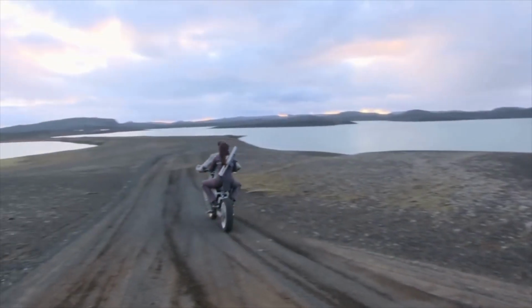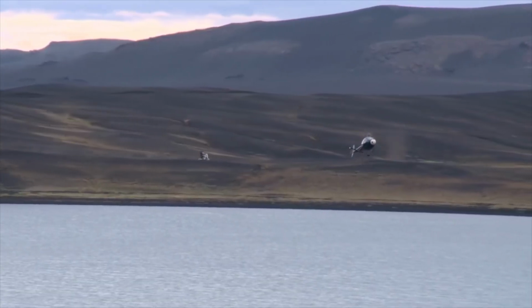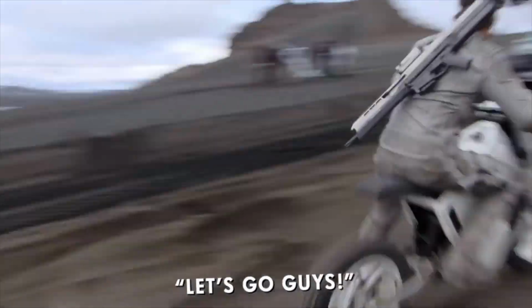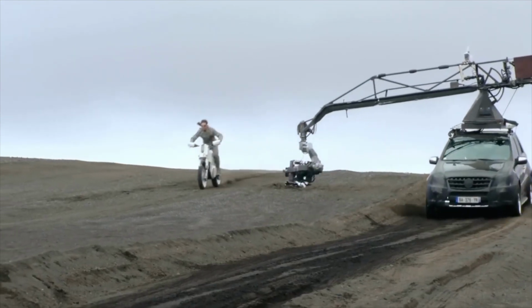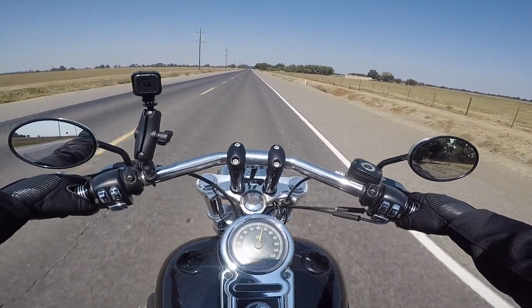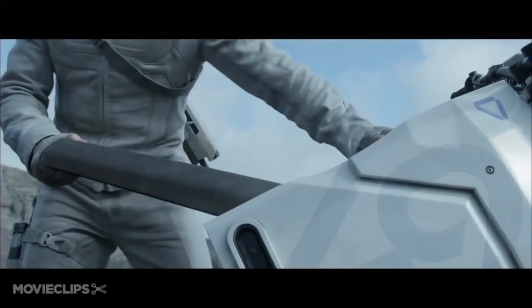The reason this bike is notable is not only because Tom Cruise always rides his own motorcycles in his movies. I know there are certain stunts that he isn't doing, but most of the time when you see Tom Cruise riding a motorcycle in a movie, he's actually riding that bike. So that is the first reason, other than the bike just looks friggin' cool. It's not just a motorcycle in a movie. They built a motorcycle for the movie. So that's number one. Number two,